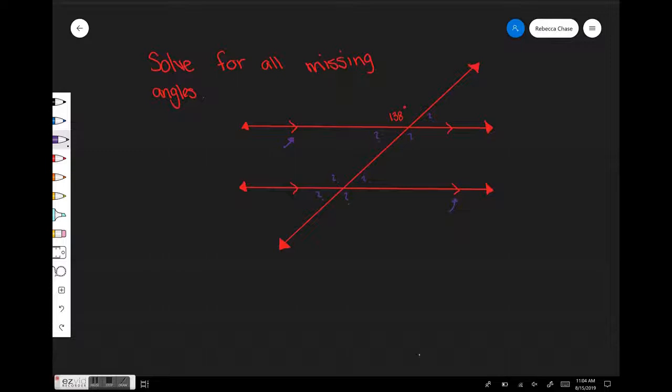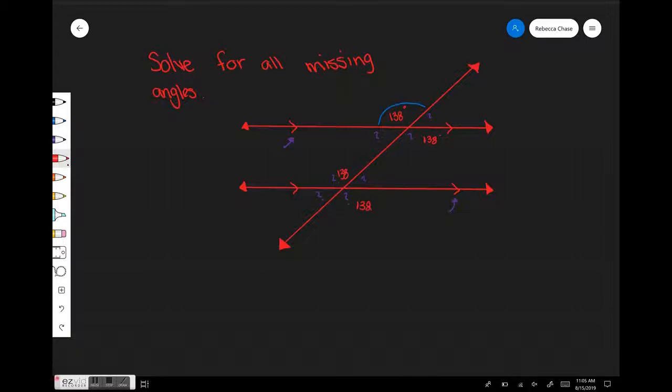Okay, so what I'm going to do first is, we know that using the corresponding angles, the same spot as this one right here is going to be equal. So that means that this angle right here is going to be 138. Okay? And then from here, you can go so many different ways. You can use alternate interior and exterior. Okay, so if we use alternate interior, we know that this is going to be 138. If we use alternate exterior, I can look at this angle and say, okay, that's on the outside, so opposite on the outside is going to be this one. So that's going to be 138.